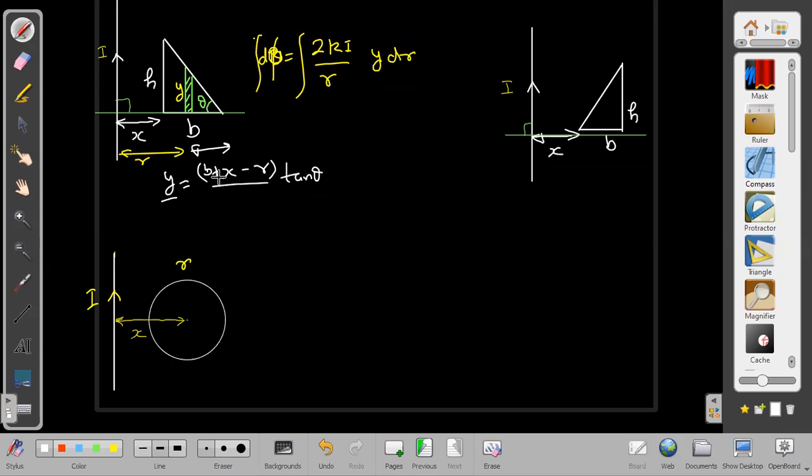So we can use it here, and don't worry, x and b are not troublesome at all. Why? x and b are just constants. Somebody may have given this to us, maybe in the question itself we can assume it to be given, and they may have given this distance as x dash, but that x dash is already nothing but simply x plus b. So 2 is not troublesome. 2 taken out, k taken out, I taken out. y can be written as this constant minus r into tan theta. Tan theta is also outside because it is simply a constant. Now we are left with variables. What are the variables left after this?